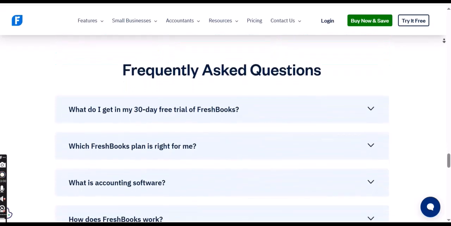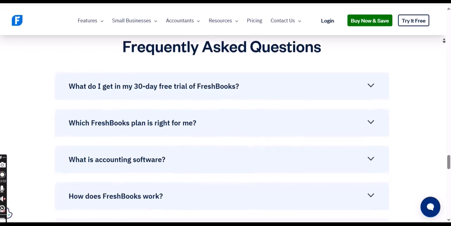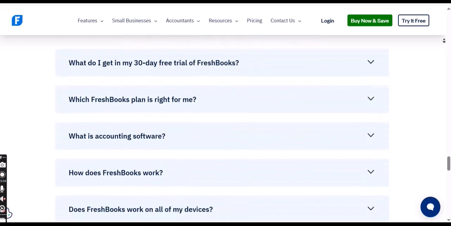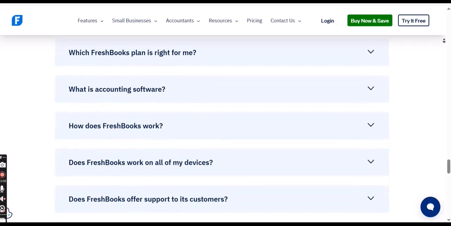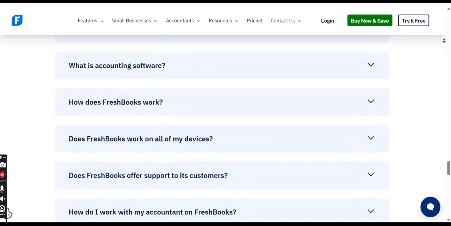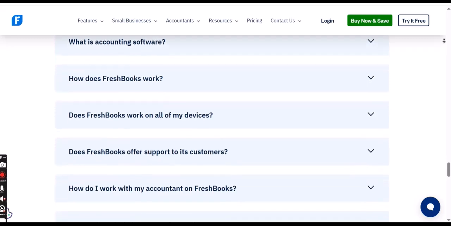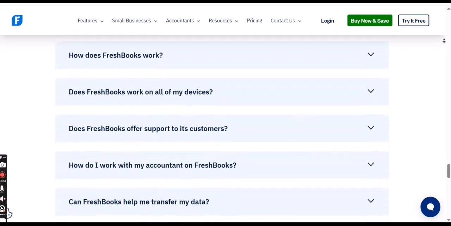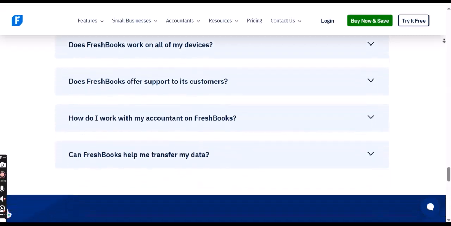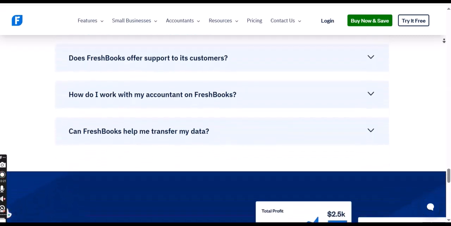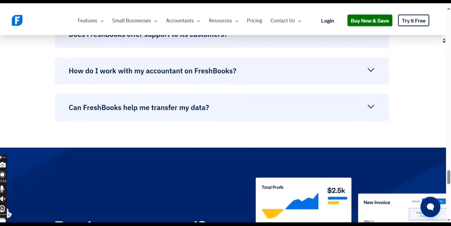4. Familiarizing yourself with the dashboard, your central hub. The FreshBooks dashboard is your command center. Take some time to explore it and understand where everything is located. You'll typically find sections for invoices, creating, sending, and managing your invoices; expenses, tracking your business-related costs; clients, managing your